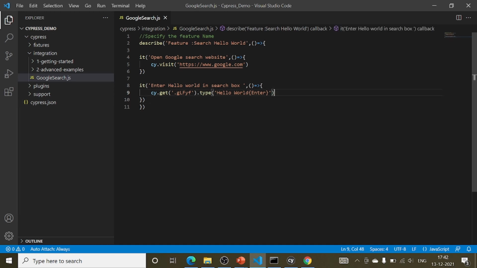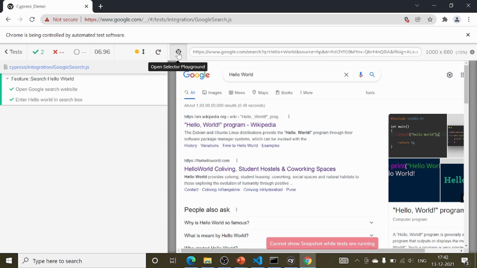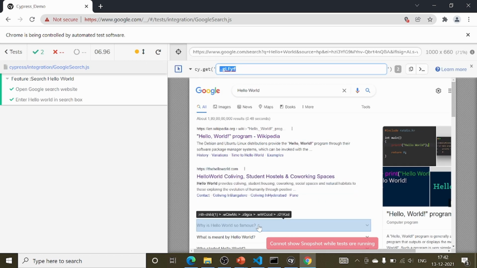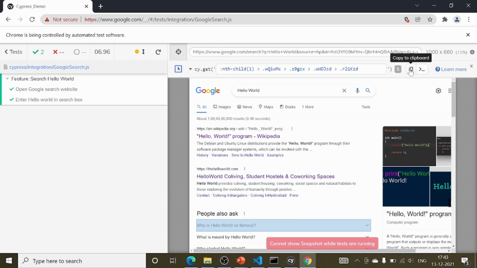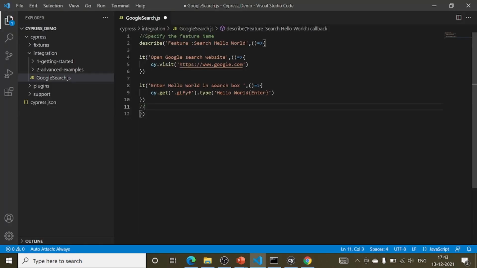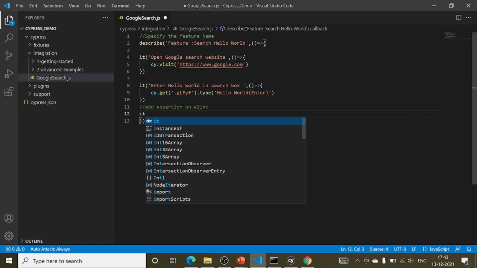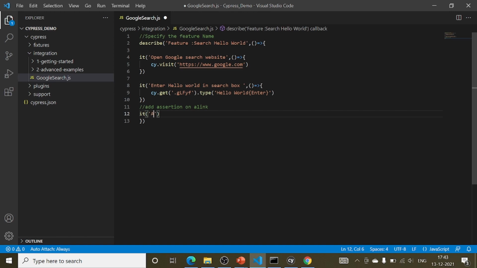To add an assertion, click on Open Selector Playground. Now let's see, we want to put an assertion on this link. I have copied its locator. Moving on to our next case, adding assertions. Pasting the locator which we have copied.